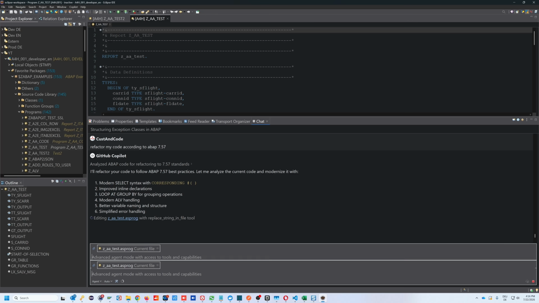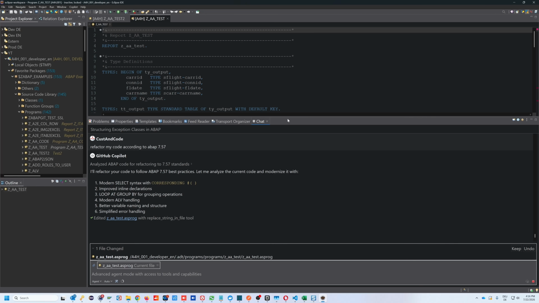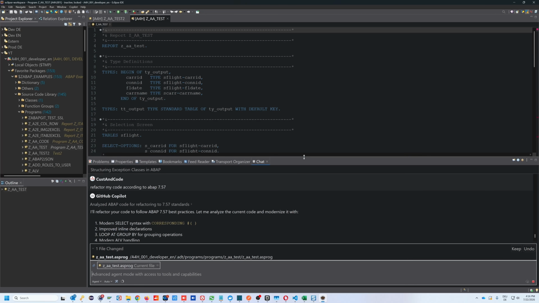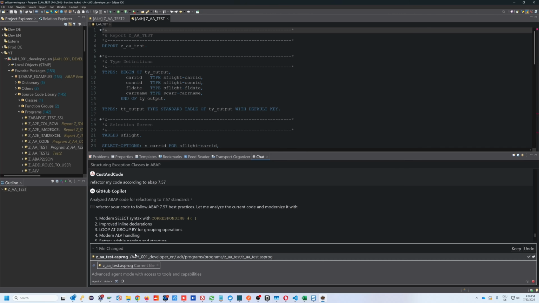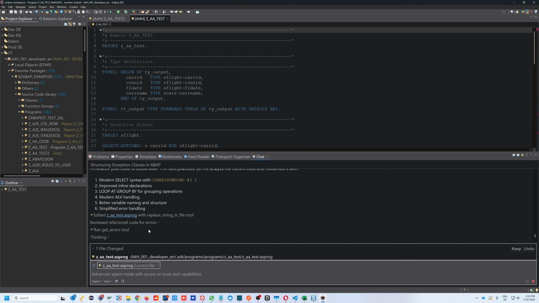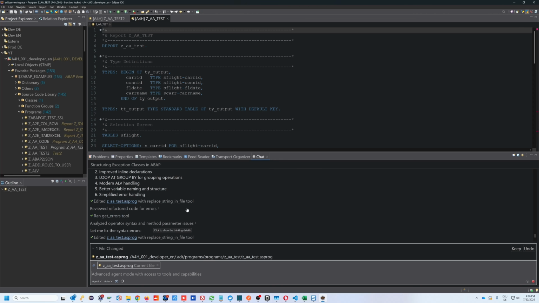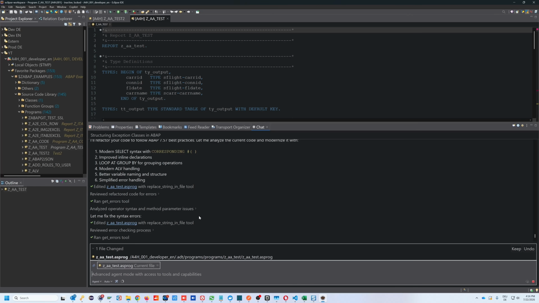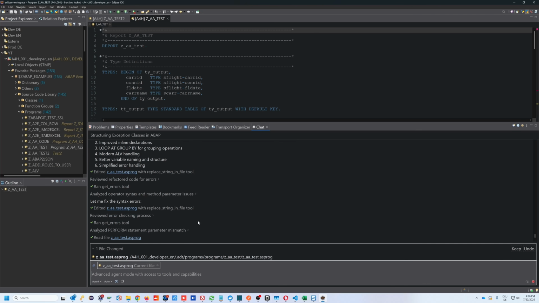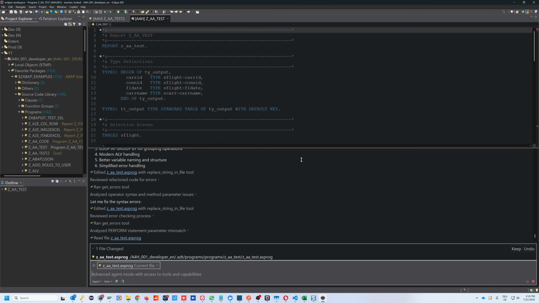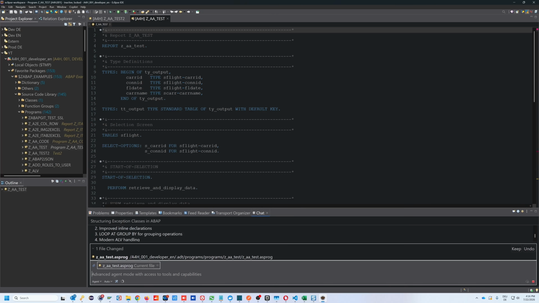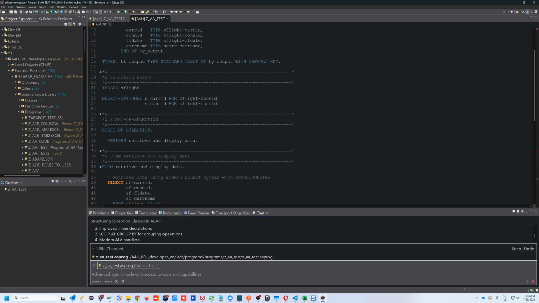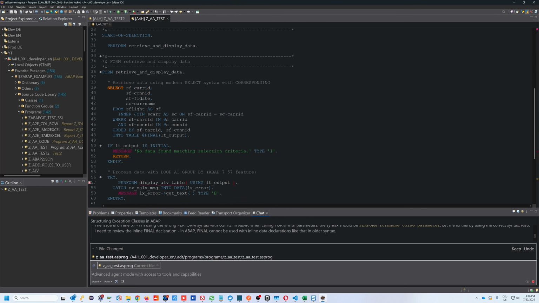Okay, now we see the message: one file changed. So it's doing something with the code. Edit, replace some things, do some error checks, edited the code. So let's check this.